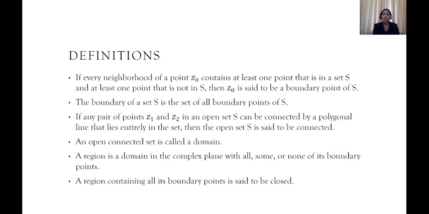All are related. First we saw what a neighborhood was, then with the help of neighborhood we defined what an open set was, then we defined boundary points, that is, points which lie on the boundary, and then we defined connectedness, and then with the help of connectedness and openness we defined what a region is. Then from region we came to domain, and we have open regions and closed regions. So these are a few definitions and terminologies that you have to keep in mind. So that's it for today's session.